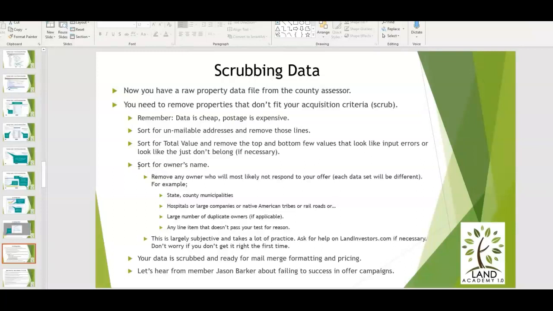Just to recap, we sorted first for unmailable addresses. We sort top and bottom values. We removed all the unlikely owners, which includes state and municipalities, large companies, railroads and stuff. Duplicate owners, we went through that. And at the bitter end,